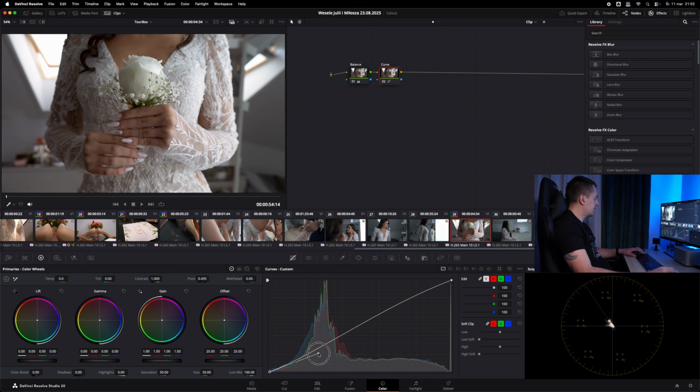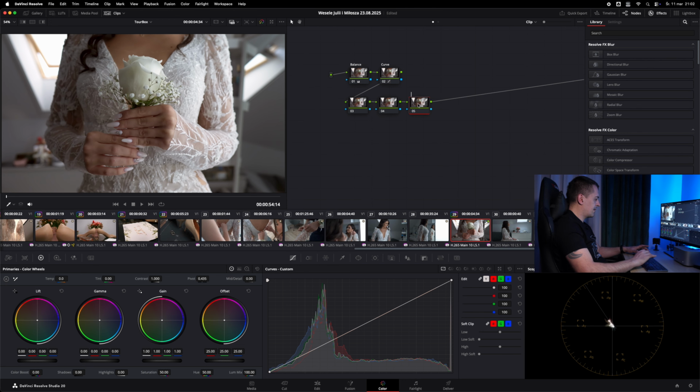And now we will get to our look and I will create 3 nodes. This one will be look adjustments, this one will be pre-look, and this one will be our look.